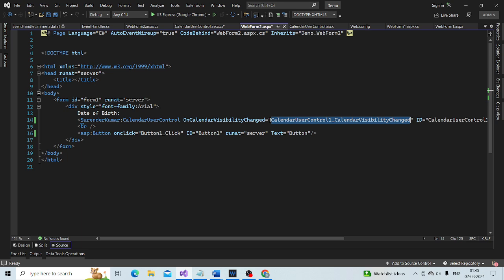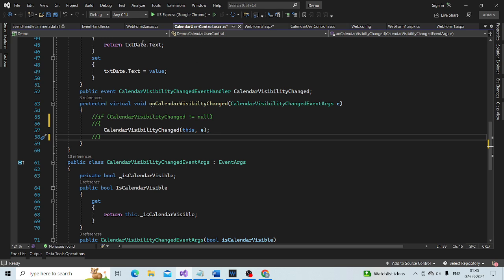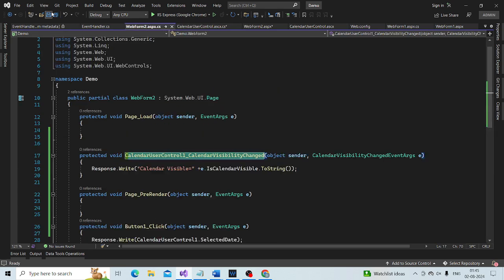So when I save the changes after commenting these lines and press Ctrl F5 to run the project, it works as expected without any issue.